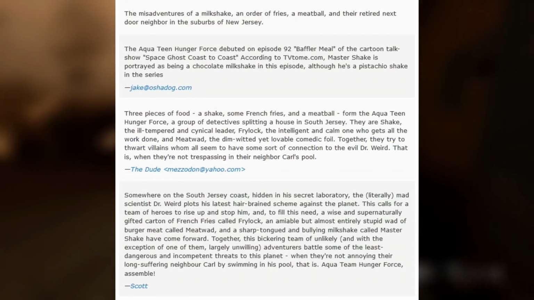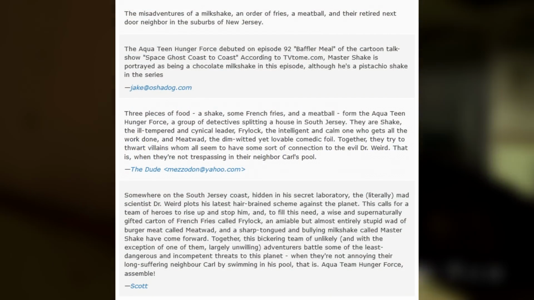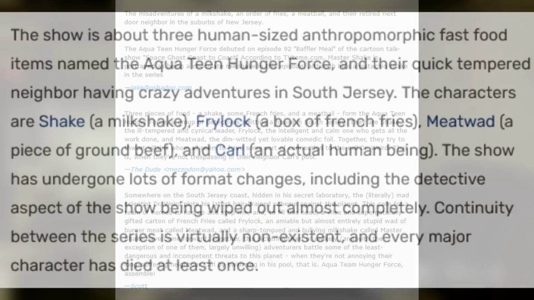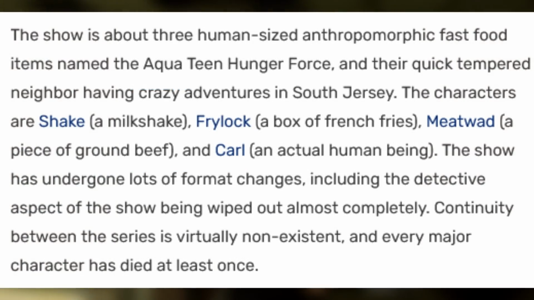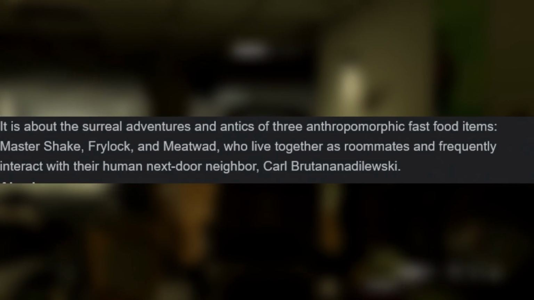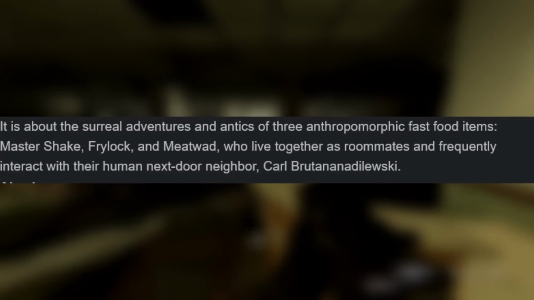There are many ways of describing what Aqua Teen is all about, but for new viewers of the show, well, there's a lot of plots. Yeah, no, if you go on IMDb, you got like 500 different summarizations of the show. If you go on Wikipedia, you have this summarization. If you go on the Aqua Teen or Adult Swim Wikipedia, they'll tell you what it's about. If you ask your fucking grandmother, she's not gonna know what the hell you're talking about.